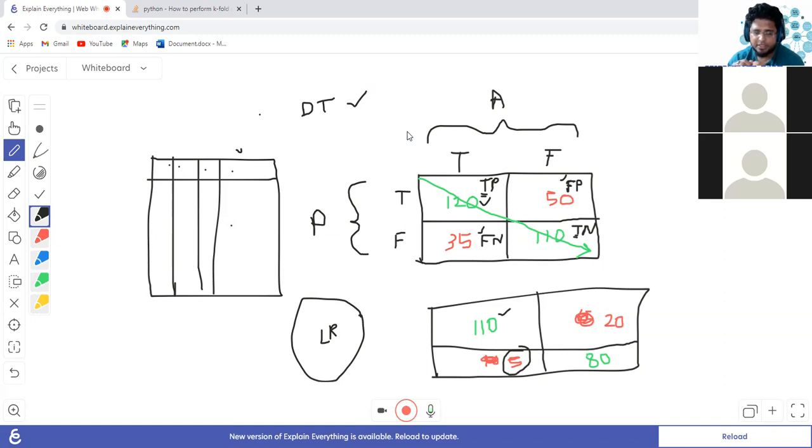So the steps involved are: go and talk to the customer. For whom you are building the model, you have to be very clear on the requirement, what is your higher priority. If he says the disease should be identified, then you always give high priority to false negatives, that I should have low false negatives. Even if I have to sacrifice true positives, I have to give more importance to false negatives. Okay, so this is the process of selection of models.